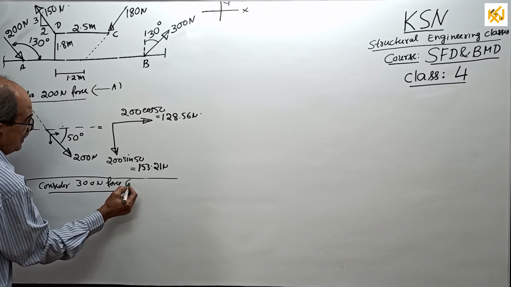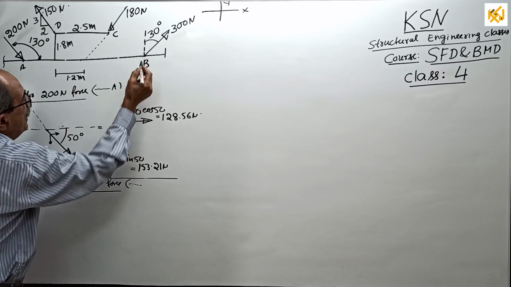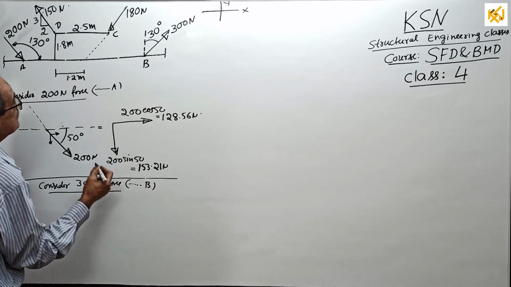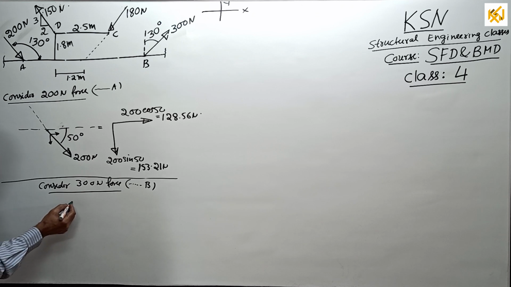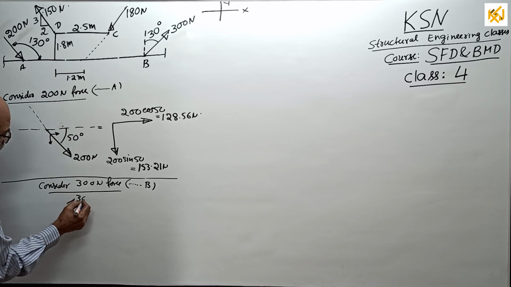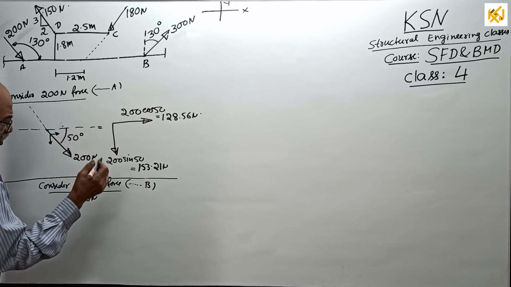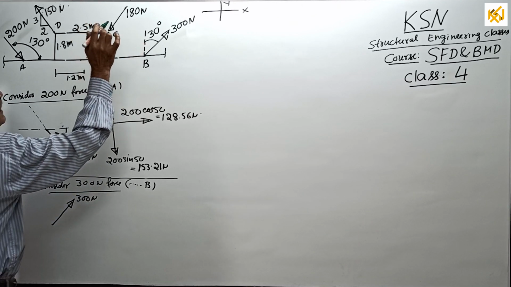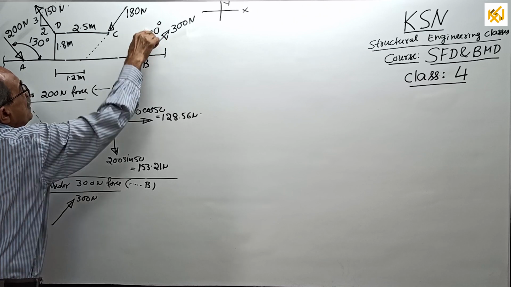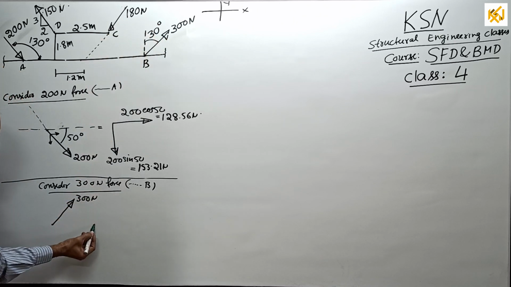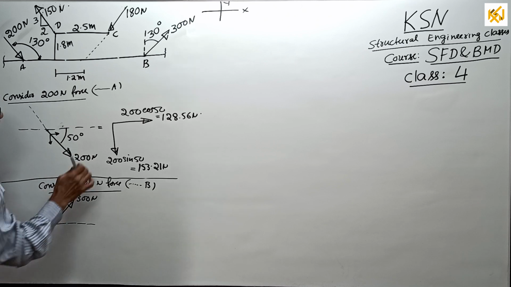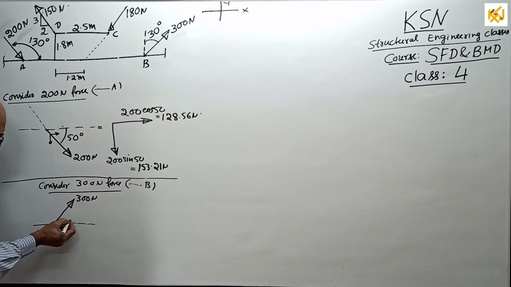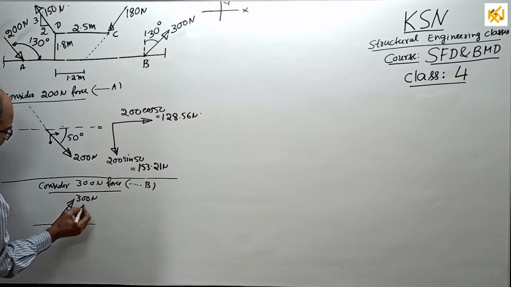In the bracket you write which is passing to the point B. You write that one. See, point B is here. The force is like this. How much? 300 Newton. As I told just now, the angle given is 30 degrees with Y. Don't see that one. You consider X direction, and not this angle. The angle with the nearest X, this one. If it is 30, this will be 60 degrees.